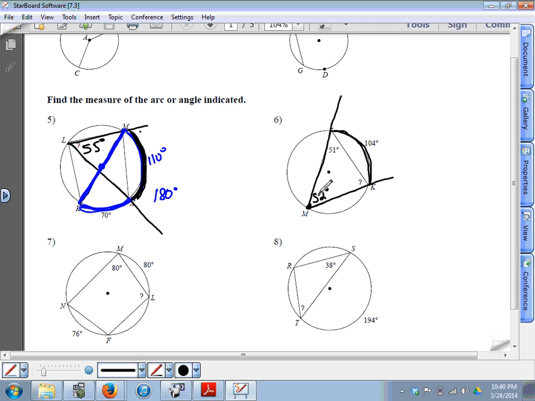Now I know we weren't supposed to find this angle here, we're supposed to find this angle, but notice the triangle now, you have two of the angles that you need. Add them together, subtract from 180. That should give you that missing angle. That's a very similar way that you're going to solve problem 8. Problem 7 here